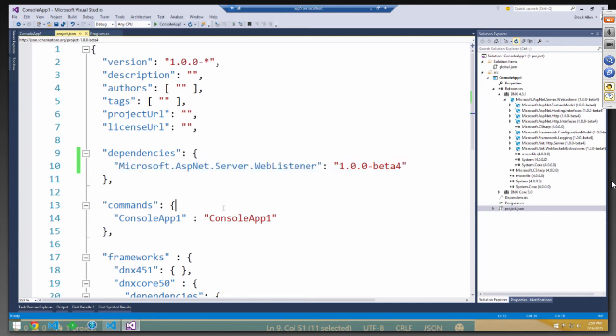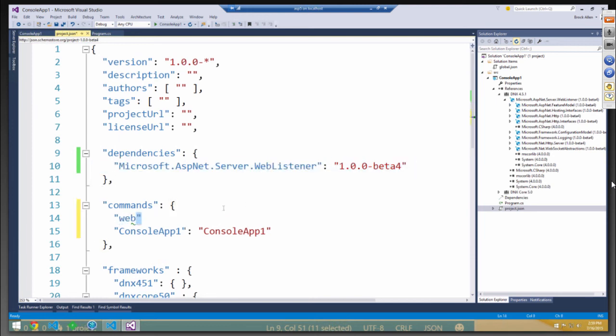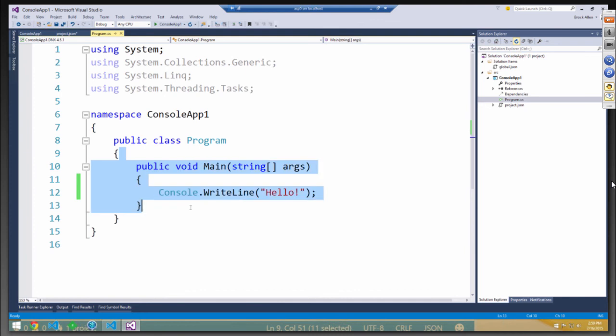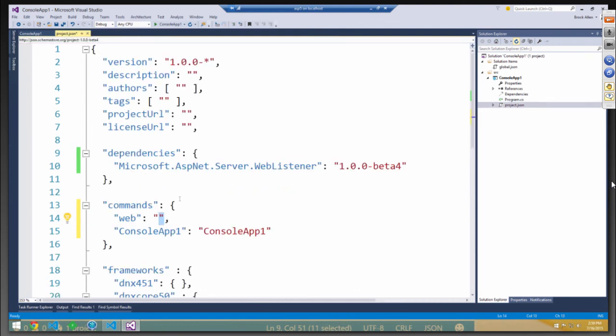So what I'm going to do is build a new command. I'm no longer going to run my application's main, right? I don't want to be the entry point anymore. I want the web server to do the startup. So that's what I'm going to put here. I'm going to put in